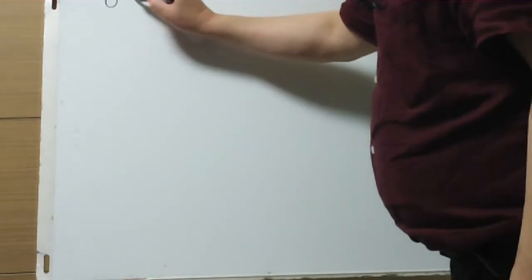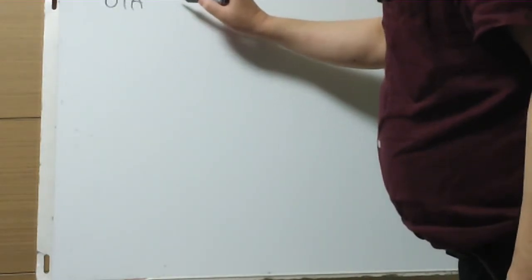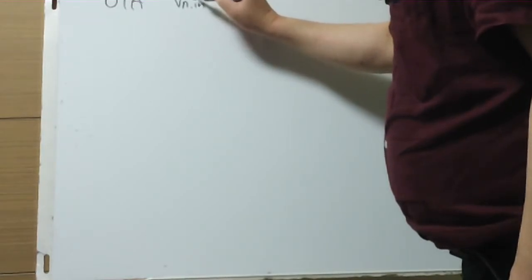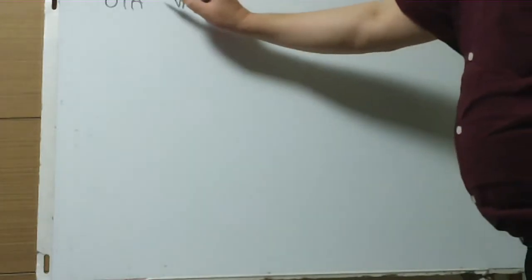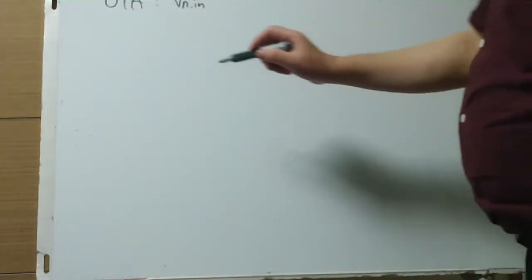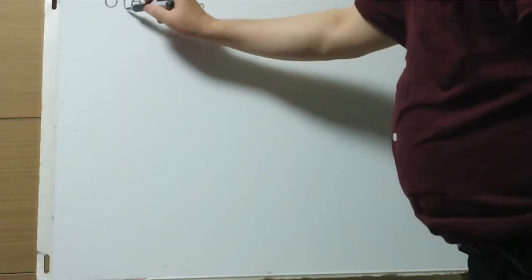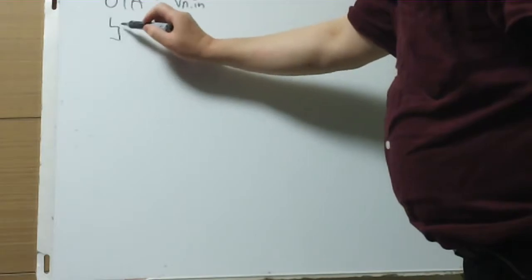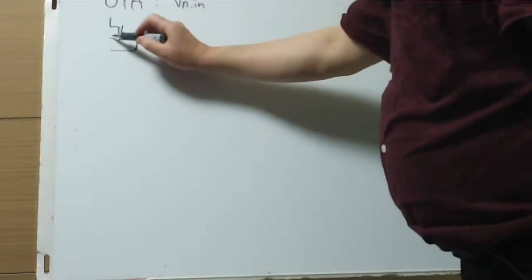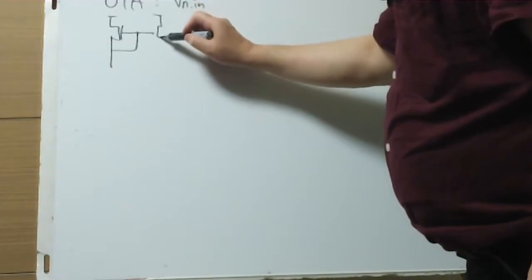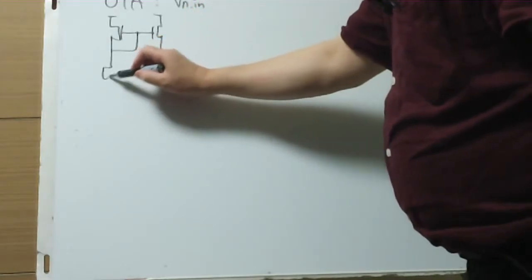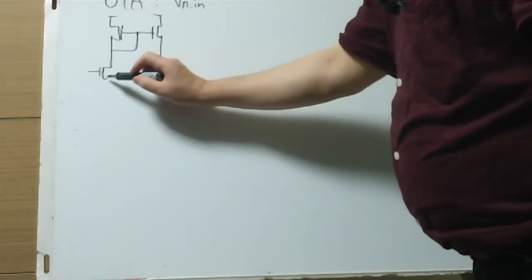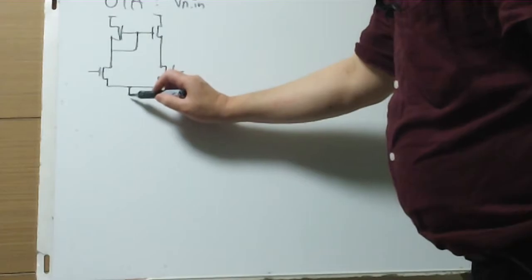Calculating the OTA input referred noise, V noise in squared average bar. OTA, or operational transconductance amplifier, with current mirror: ideal current mirror amps, differential current mirror amp, active current mirror, and differential input and current source